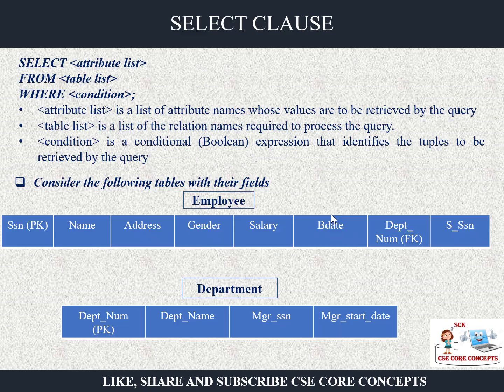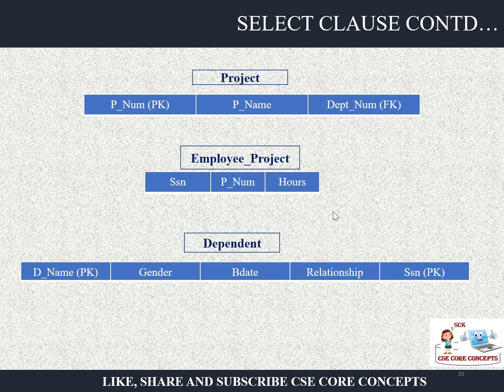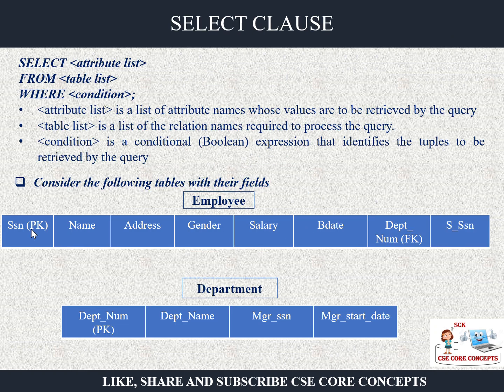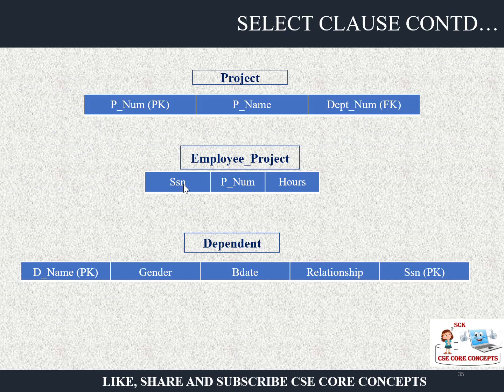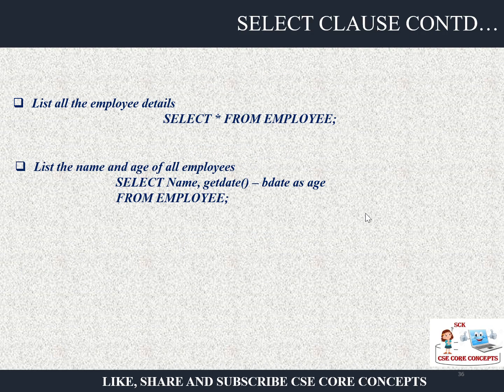The employee table gives the employee details. To know which employee is working on which project, employee_project is the relationship table. From here, this SSN number, which is the employee table's primary key, is a foreign key and also part of the primary key in the employee_project table. From here, you can get the project number in which the employee is working, and this project number is the primary key in the project table, and based on this project number, you can fetch the project name. So this is how the relationship will work.